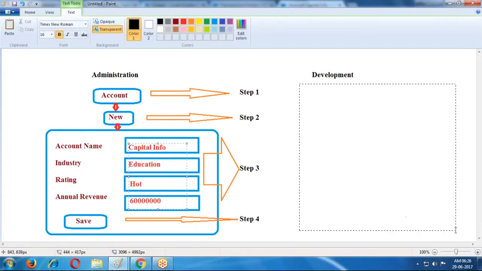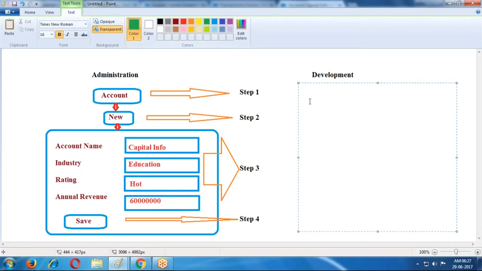Here also we have a 4 steps process. What is the process here? Here we are using declaration.